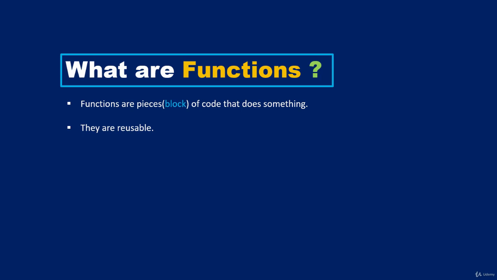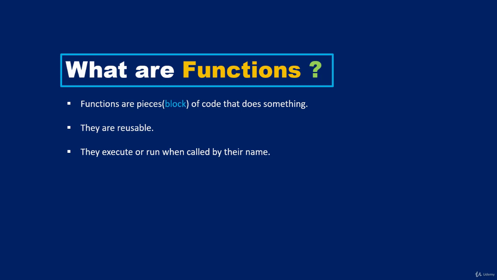Once you've created a function, the function does nothing until you activate or call the function. The process of activating a function is also referred to as executing or running a function, and you do that by calling the function with its name. So whatever name you've given your function, if you want to activate or execute it, you need to call it